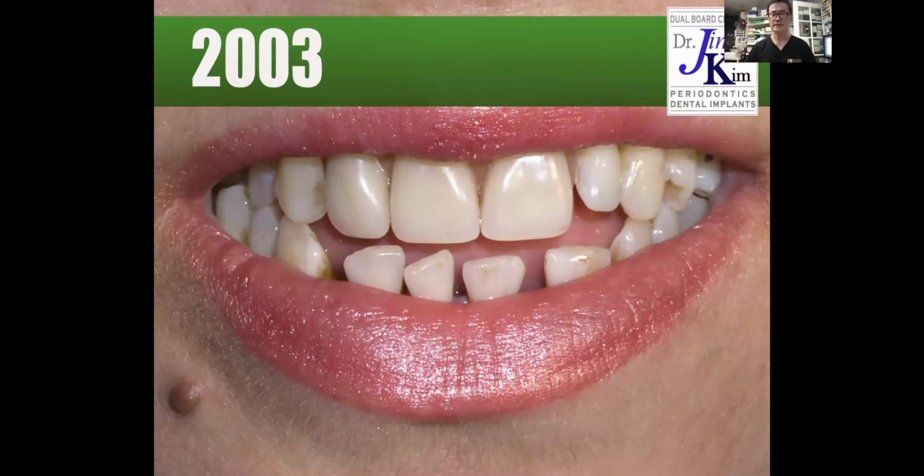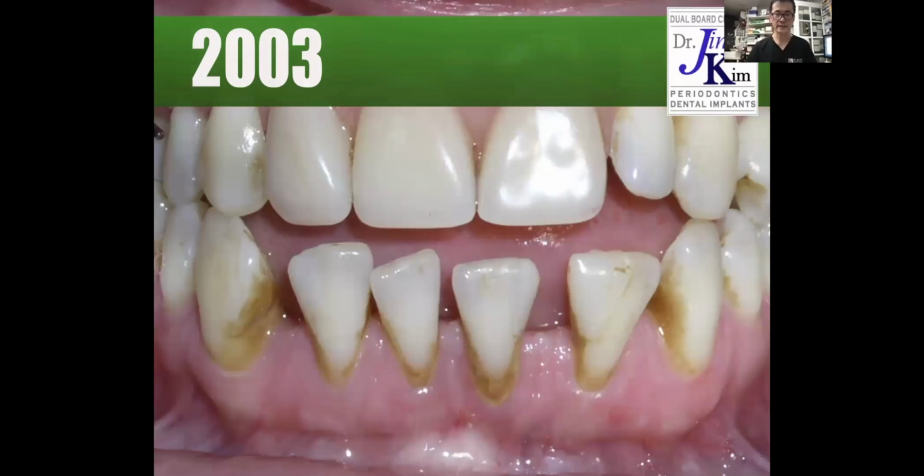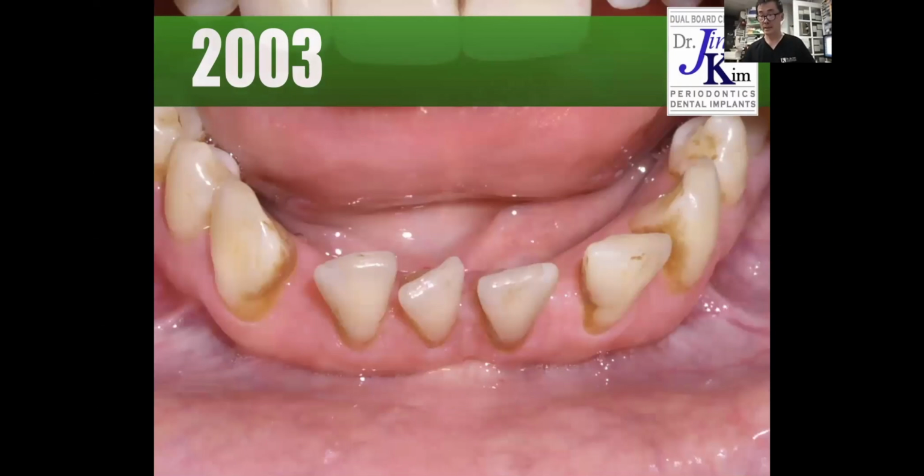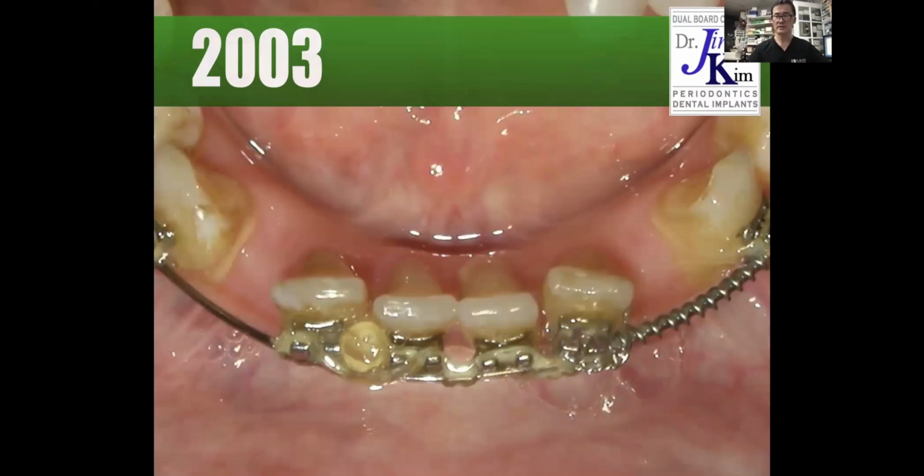This is a lady I treated, as you can see the date, 2003. When she first presented, what's on the top, she's wearing a partial denture, the so-called estate plate, and she needed dental implants. So she was referred in from outside. When I looked at her, I asked her, how do you like your lower teeth? And she says, I don't. Is there something that can be done? Obviously, there's a lot of things that can be done. It's just that somebody really didn't put the 2 and 2 together, and they were preoccupied by the missing teeth situation. So I talked to the patient, came up with a treatment plan, and the patient basically decided to have